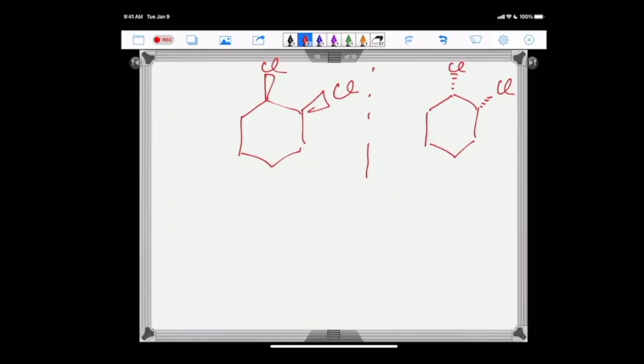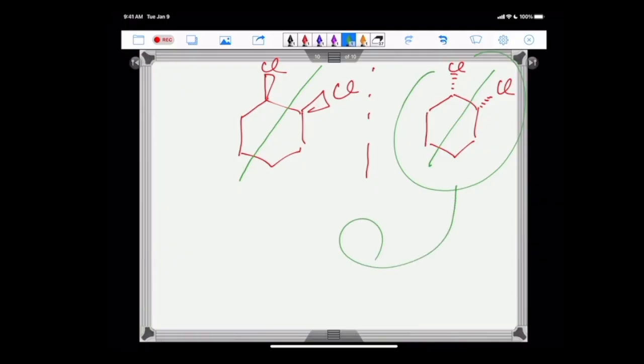Good, good. These are the same molecule, though, right? We have this internal plane of symmetry. I could pick up this molecule here. If I were to flip it over, I get the same molecule back. The mirror image I've created is superimposable on the other one. This is a meso compound. As a result, it's also not chiral. So we have this hierarchy we work through. We have each of these